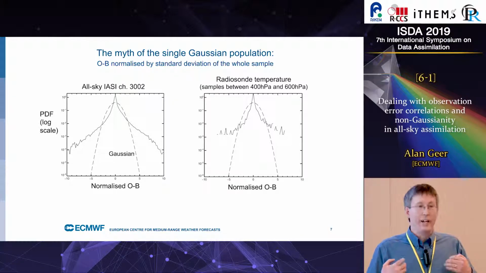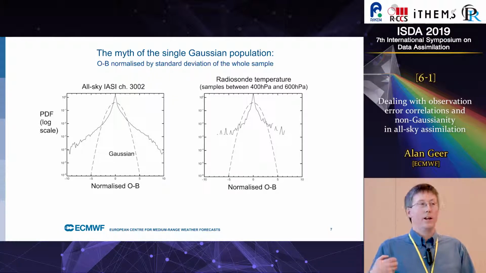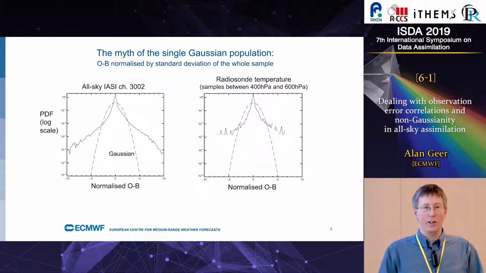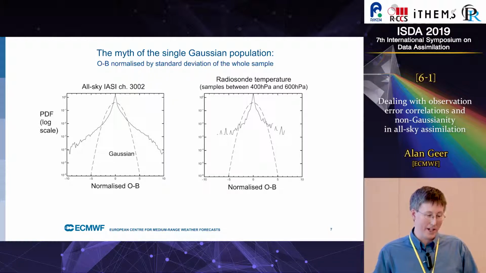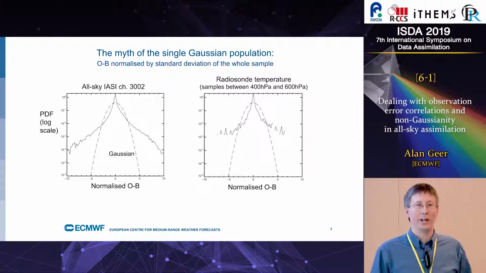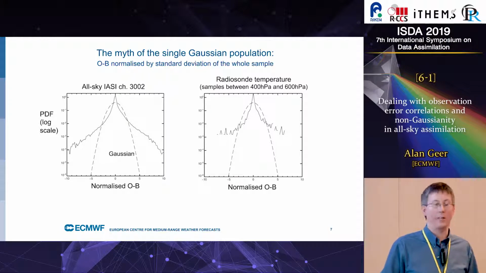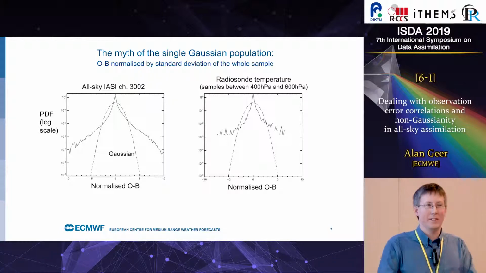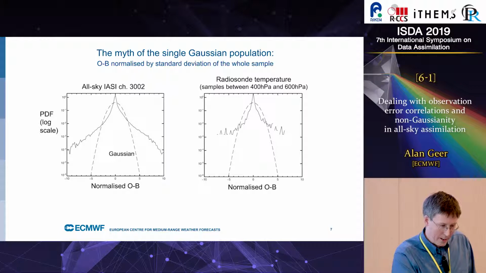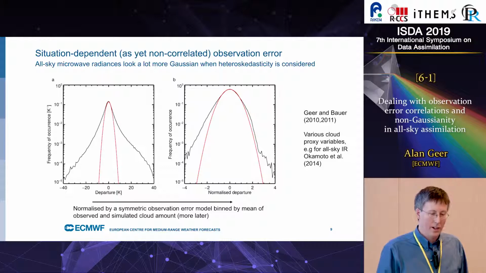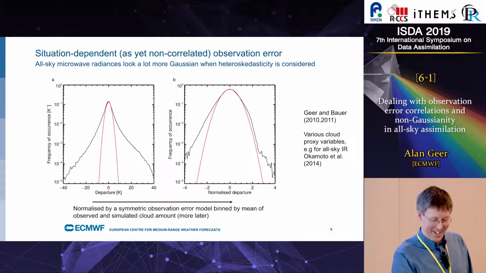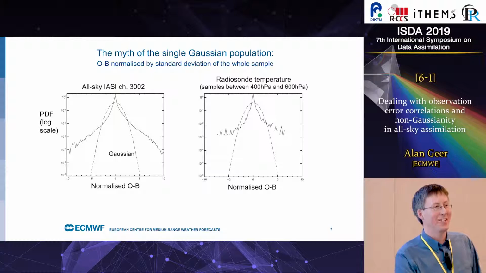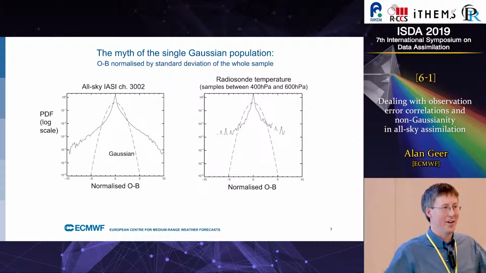But that's, I think, mainly because we're not looking at the data the right way. It's clear that there is variation in observation errors and background errors, huge variation, and that's what explains this apparently non-Gaussian PDF. It's only non-Gaussian because you're looking at it the wrong way. It's lots of different Gaussian populations put together, some with big variances and some small. Well, sorry, maybe to call them Gaussians, it's a lot of different populations with different variances put together.